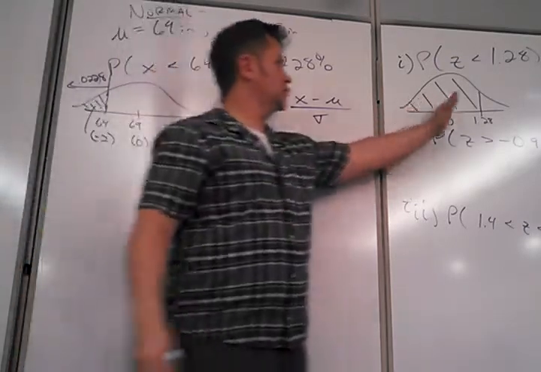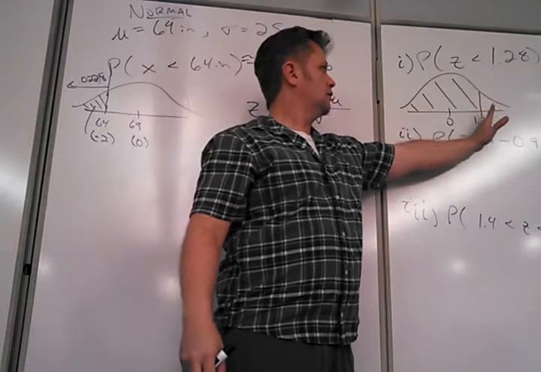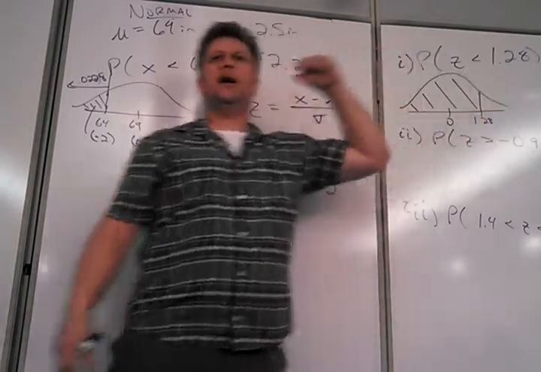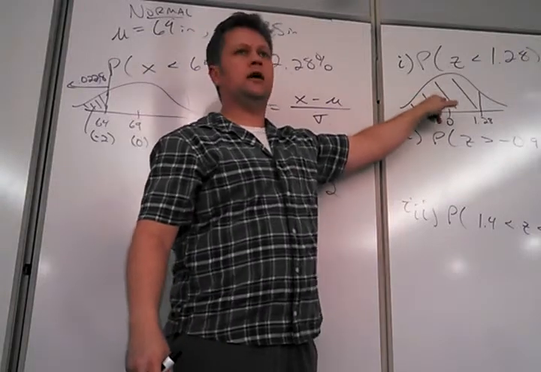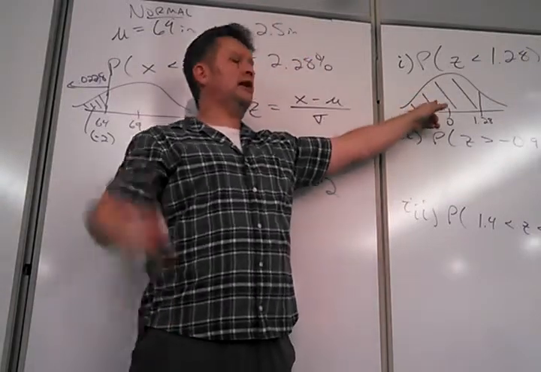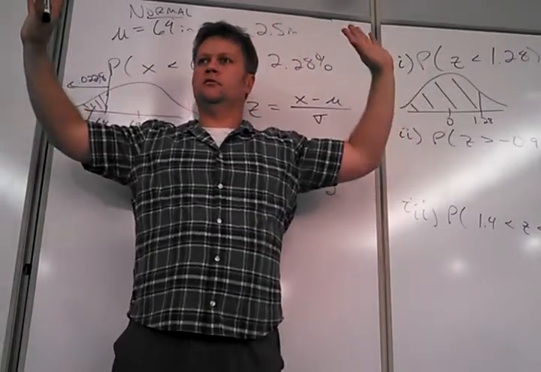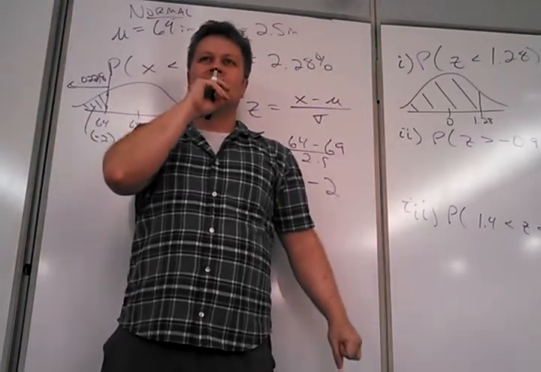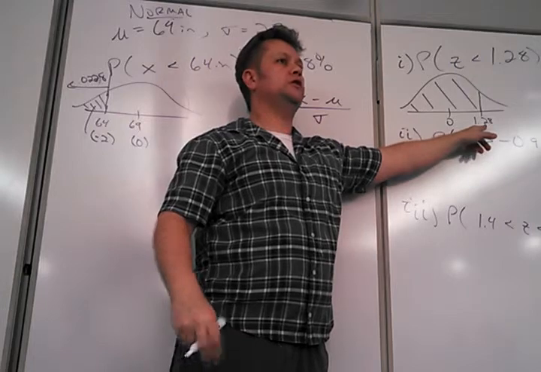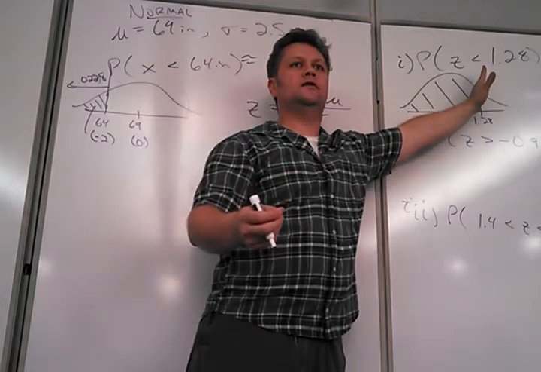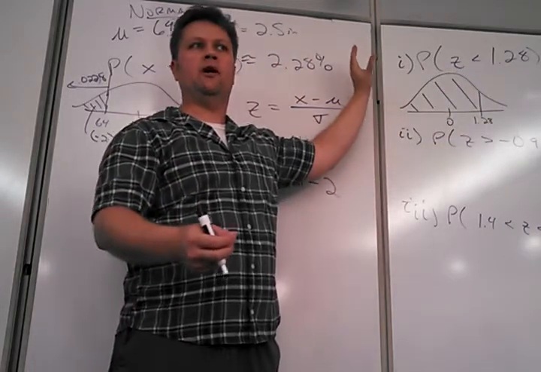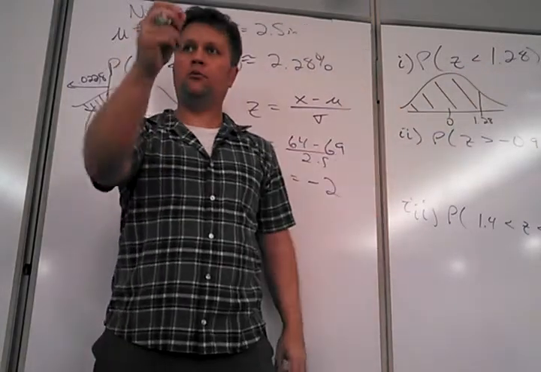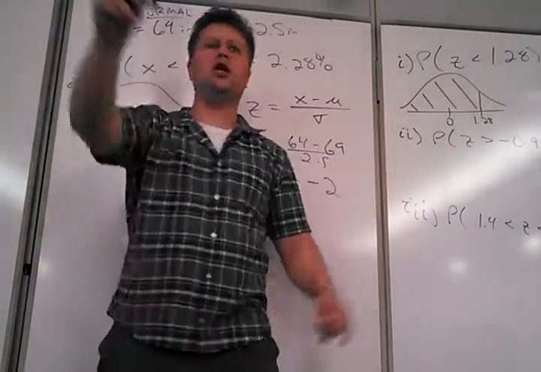Is this one that I can just look up in the chart and be done? Nope. Careful. Yes? Because what's the chart? If I look up 1.28, what's the chart going to tell me? The area that is below. And what area do I want? The area that is below. Okay, good. So if I look up 1.28 in the chart, it will tell me the area that's below 1.28. Isn't that what I want? So then I'll be done. If that's not what I want, I won't be done. So if I look at 1.28,